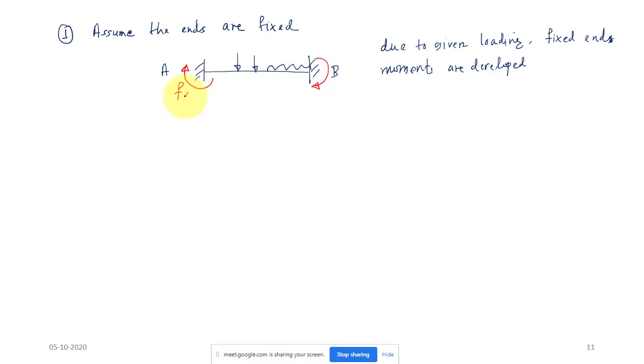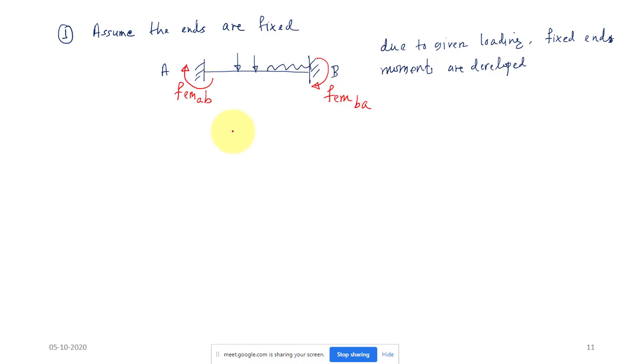Okay, if this is the direction, FEM, this is the fixed moment at A in the span AB, so FEM AB I will write, and this is the fixed moment due to external loading, FEM BA. So direction I am always keeping clockwise. Okay, because my sign convention is that I am taking everything in the positive way. Clockwise moment I am going to take positive. Okay, so both the ends I have taken like this. That is the first step. So FEM value you can find out for a fixed beam with some loading. You can always find out the FEM value directly. You must have studied that already. Okay, that is the first step.